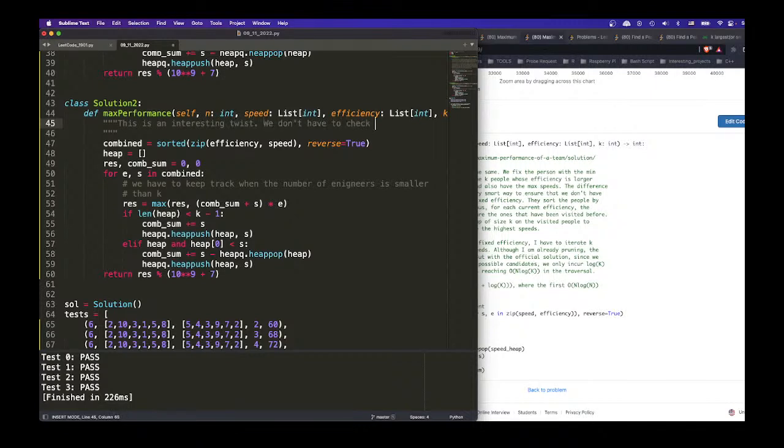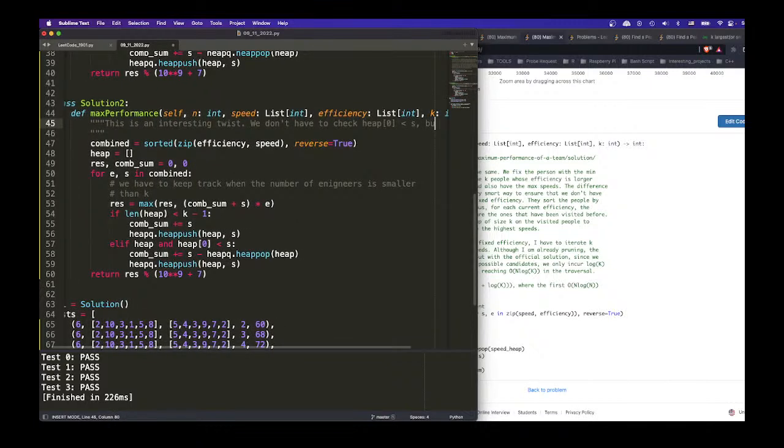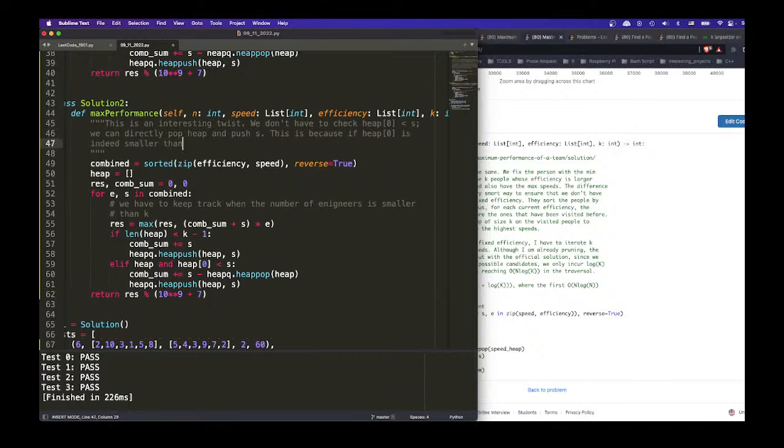Don't have to check heap 0 smaller than S, because if heap 0, we don't have to check, we can directly pop heap and push S. We can do this. This is because if heap 0 is indeed smaller than S, it works. Otherwise,